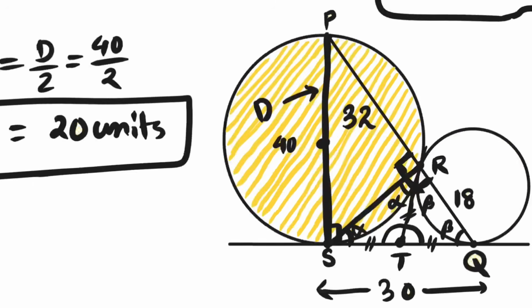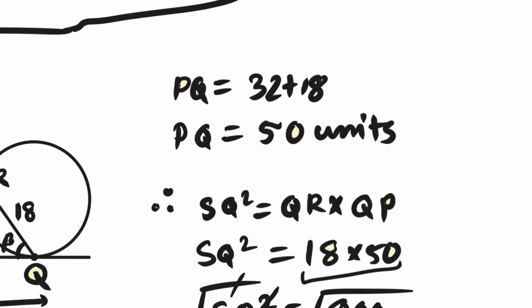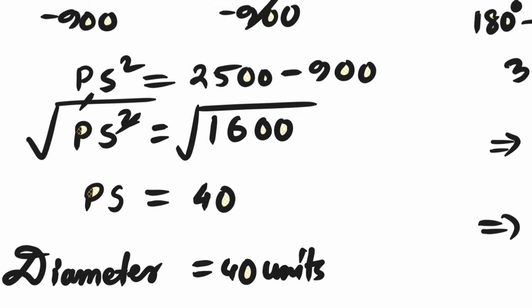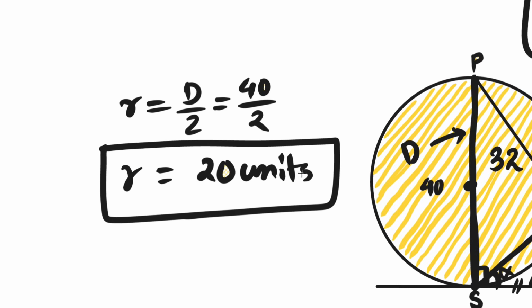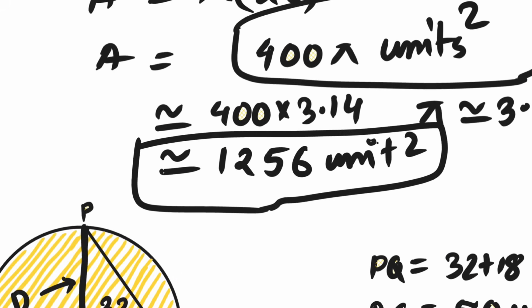The most important values to remember are PQ equals 50, SQ equals 30, PS equals 40, and therefore the radius equals 20. So the area of the larger circle is 400 pi square units, approximately